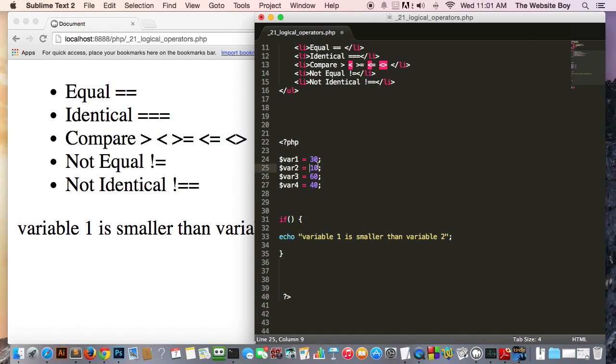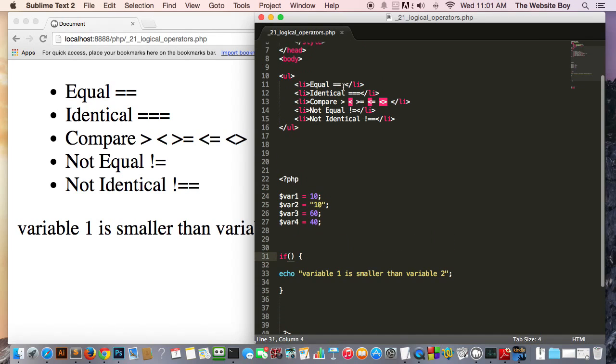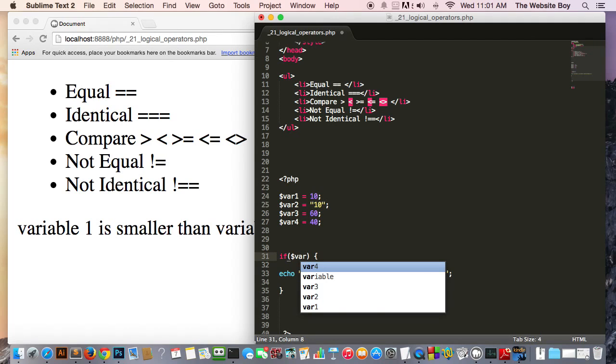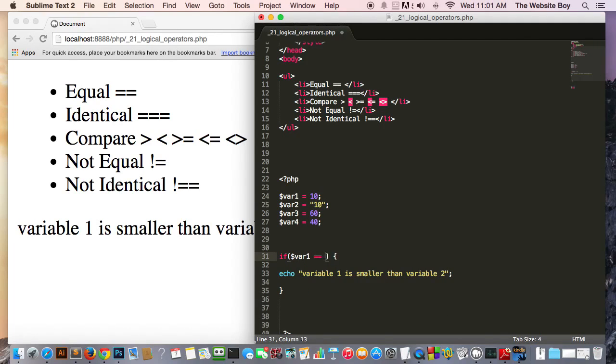Let's make this variable like this. Let's make this 10, just to show you how this works. So we have variable 1 and variable 2 the same. We're gonna ask if, just like I showed you before, they are equal to each other in PHP. So if variable 1 is equal to, with the two equal signs,